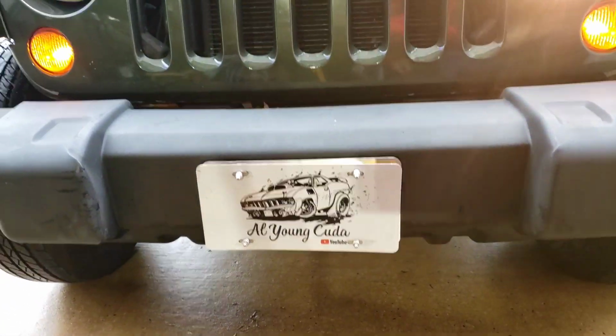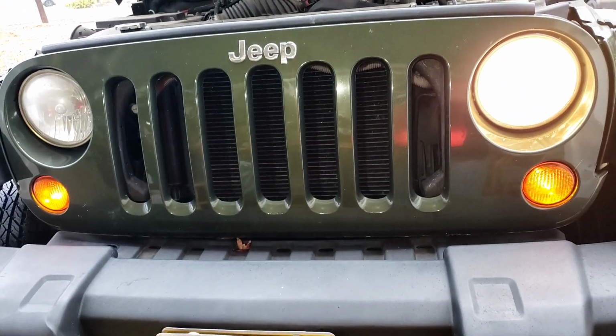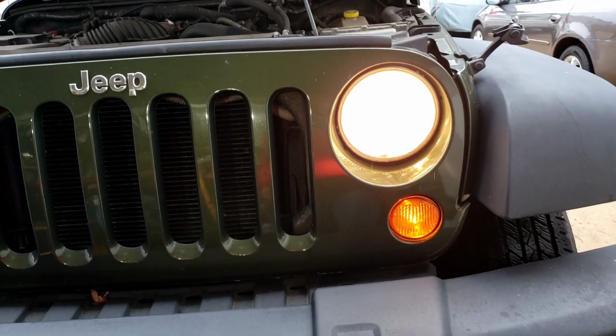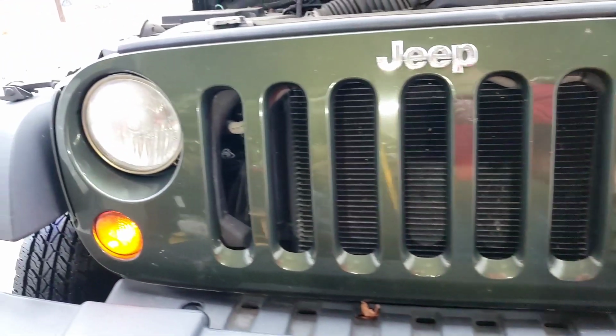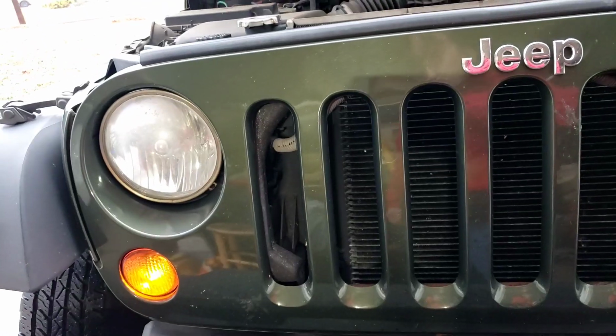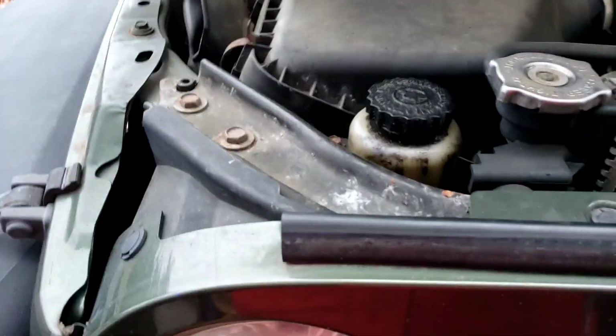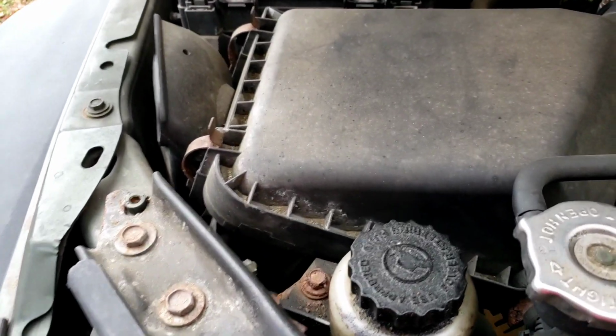All right, folks, what we got here is a Jeep Wrangler. This is an '08. We are going to change the headlight bulbs. This is the one that's out. That's the passenger side. And in order to get to it, looks like the air cleaner box has to come